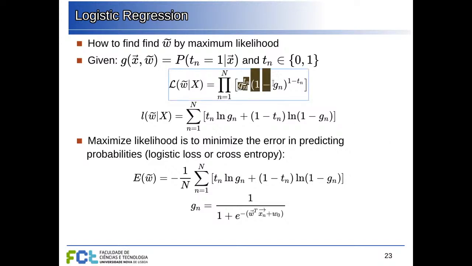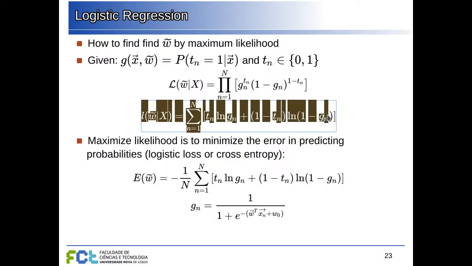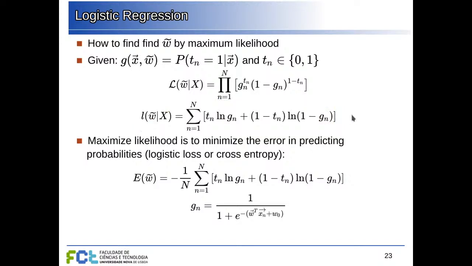We are computing the probability of our data given the parameters of the function, so multiplying the probability of each point belonging to each class over all the data set. And then we take the logarithm to get the logarithm of this likelihood, because maximizing the likelihood will give us the same set of parameters as maximizing the logarithm, and the logarithm becomes much easier to compute because now it's only a sum and not the product, so we don't have the same risk of going into overflow or underflow and things like that. And actually